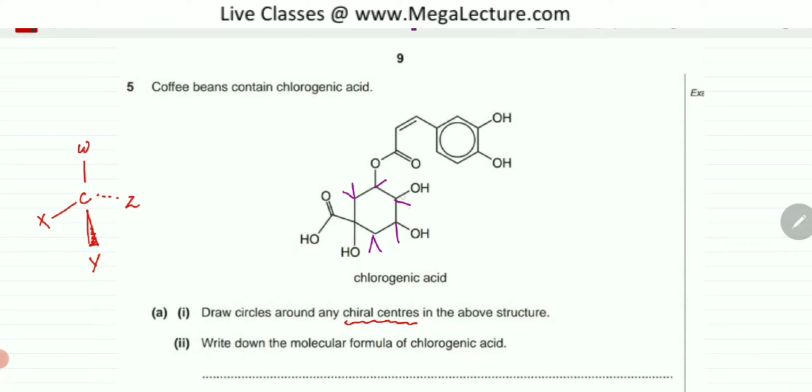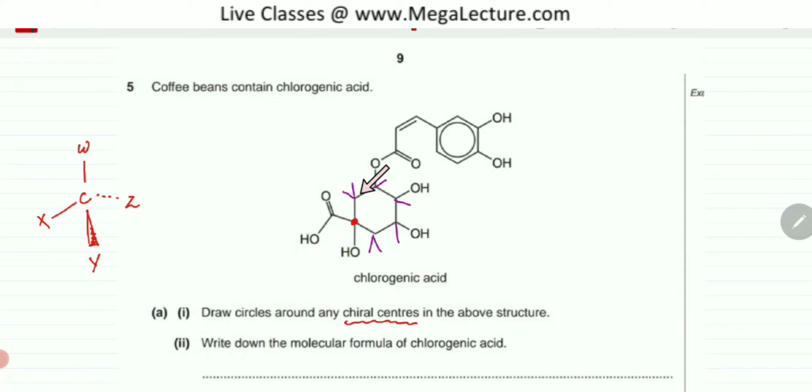So the ones that are left are the ones that I've marked over here. The dashed lines are hydrogen. They represent hydrogen atoms which are not drawn on the skeletal formula. So this carbon atom over here is chiral. That's the first one. And why is it chiral? If you look over here, you will notice one different group attached over here, one over here. This chain is different. This side chain is also different. So this carbon atom is forming single bonds and it is chiral.